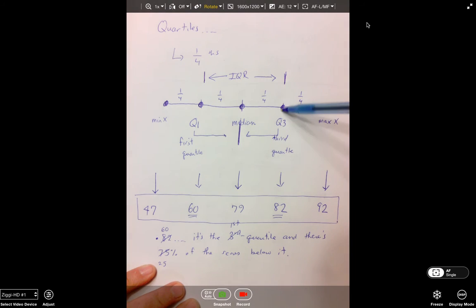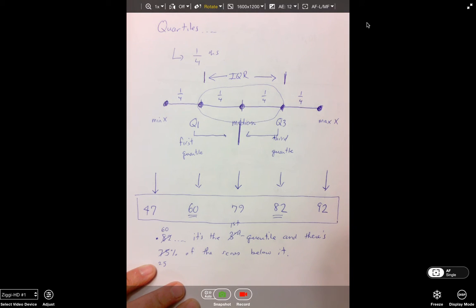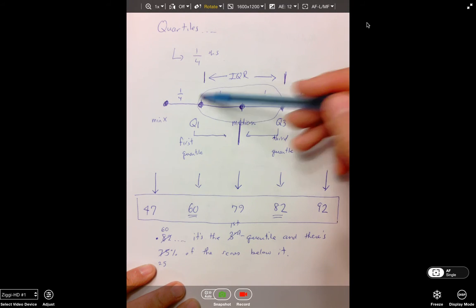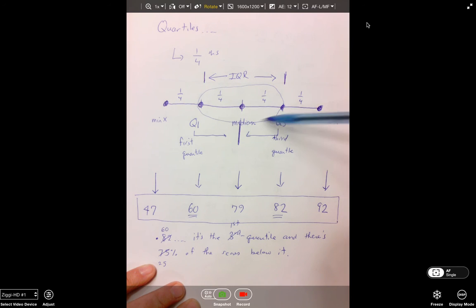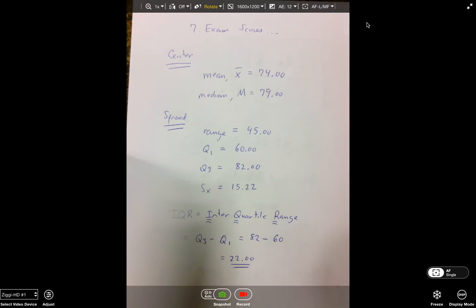That's the middle 50%. This is helpful when we have a lot of extreme values, high or low, a lot of outliers. It gives us a more stable measure of center based on just the center 50%. So it's something that we will